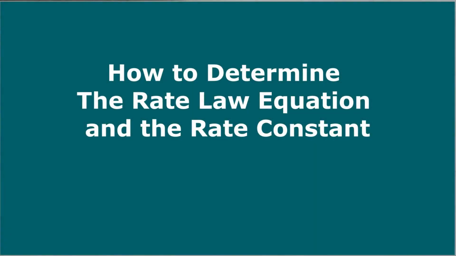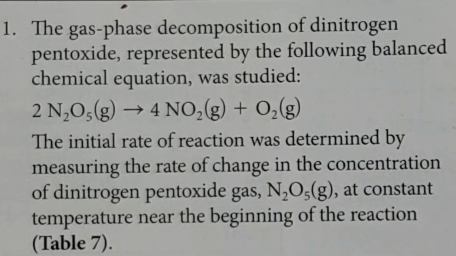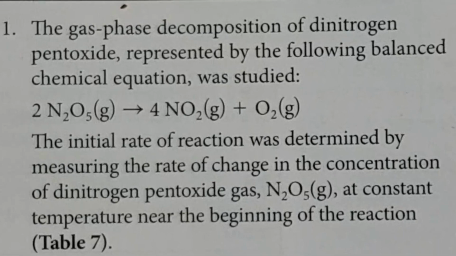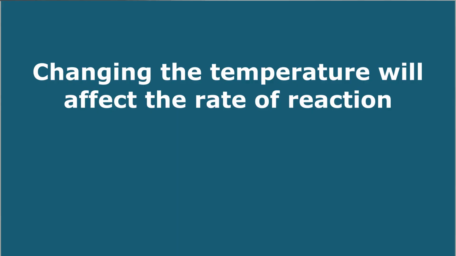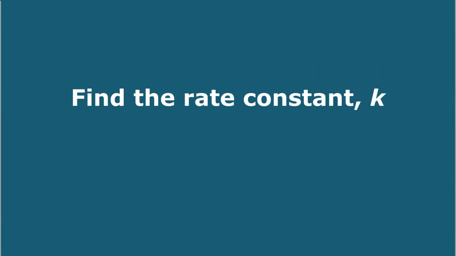All right, this is page 382, question number 1. And we have this equation where N2O5 is going to be decomposed into 4NO2 and O2. The initial rate of reaction was determined by measuring the rate of change in the concentration of N2O5. And the temperature has to stay the same because if you change the temperature, it changes the rate. So we need to find the rate law equation for the reaction, and we're going to calculate the value of